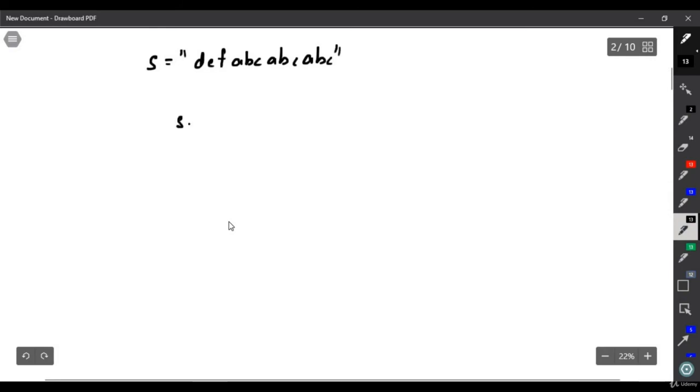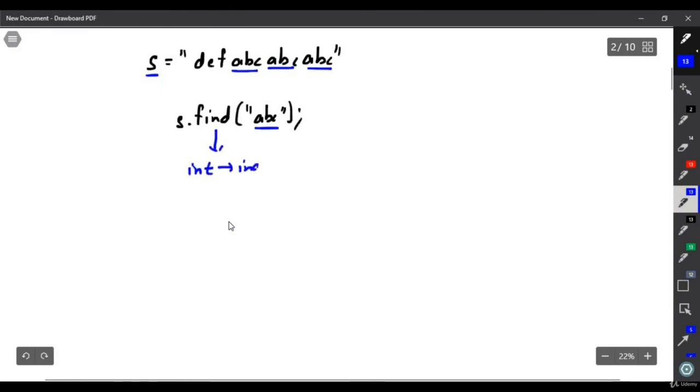And if I call the function s.find ABC, basically I want to find where ABC is present in this string. So ABC is present here, ABC is present here, ABC is present here. So this find function will return me an integer. This integer is actually the index, the index of A where this ABC is present. So this ABC is present at multiple locations. So 0, 1, 2. So this is index 3. So ABC is present at index 3. So this is 4, 5, then 6, 7, 8. And then this is 9, 10 and 11.